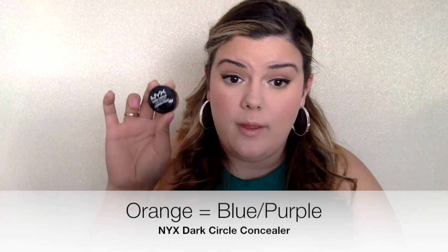So first we're going to start with an orange color corrector, and this is the NYX Dark Circle Concealer, and in deep, but when you do apply it to your skin, it definitely is more orange. And the orange is going to cancel out the dark circles and that blue purplish tint that you have under your eyes. This can also be used to cover up, actually any of these, if you have kind of a tattoo in that certain specific color range,